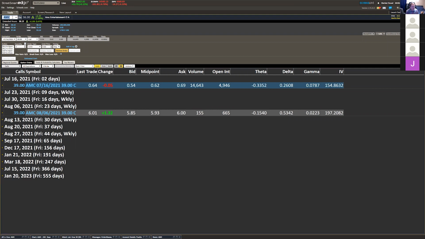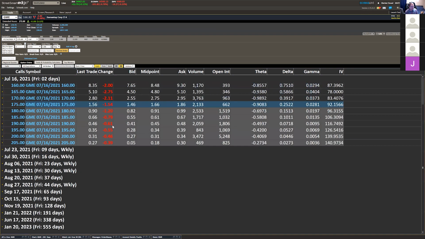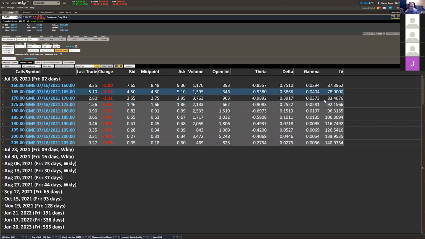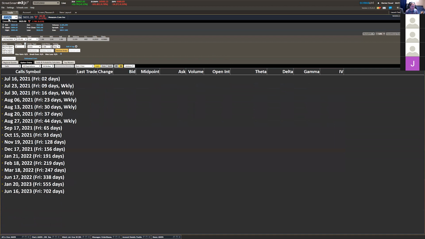So here's AMC. Let's see what GameStop is. Look, GameStop actually has lower volatility. Oh wait, I'm doing a weird strike, but you can just kind of see. GameStop has high volatility, but if you compare it to, let's just say, Amazon,